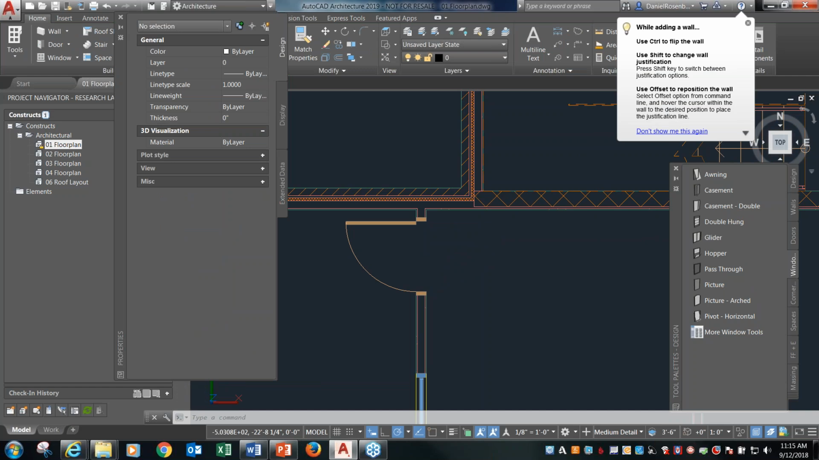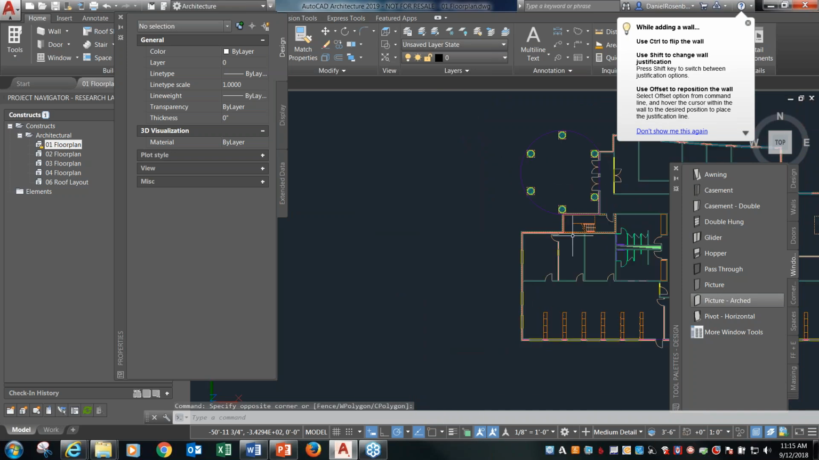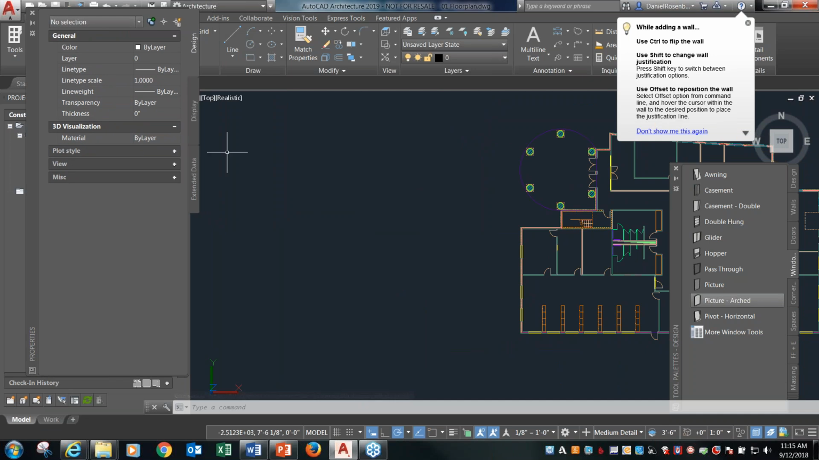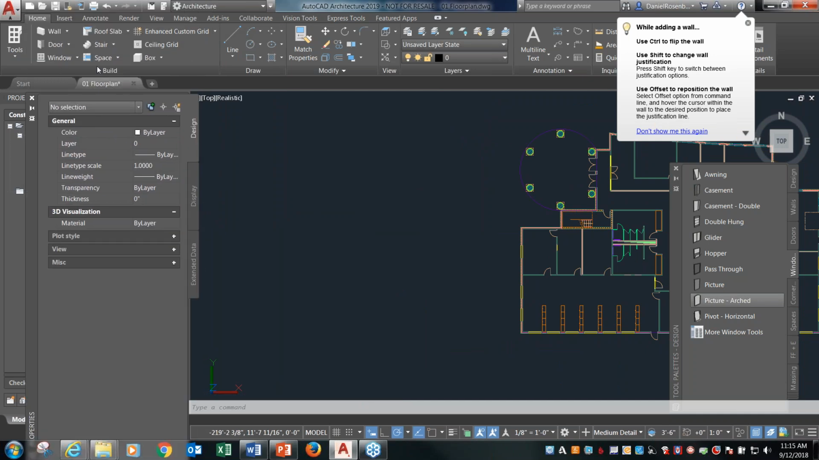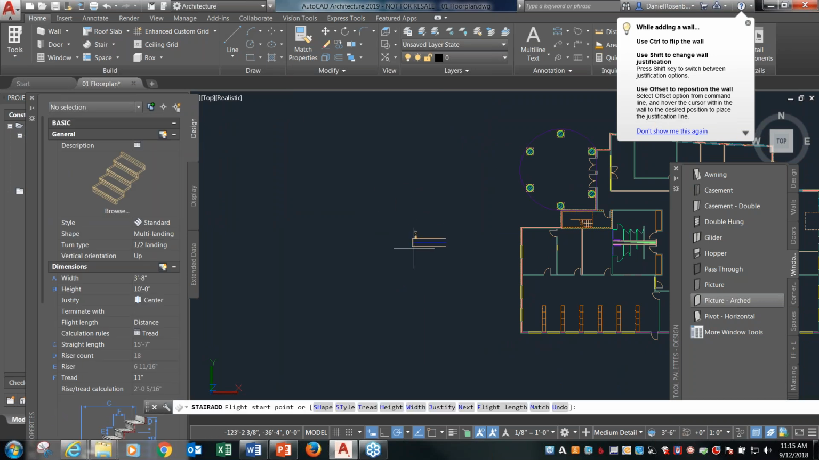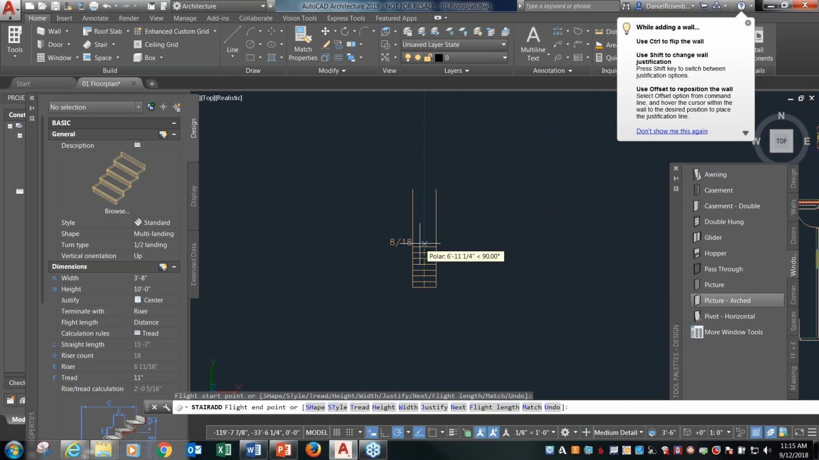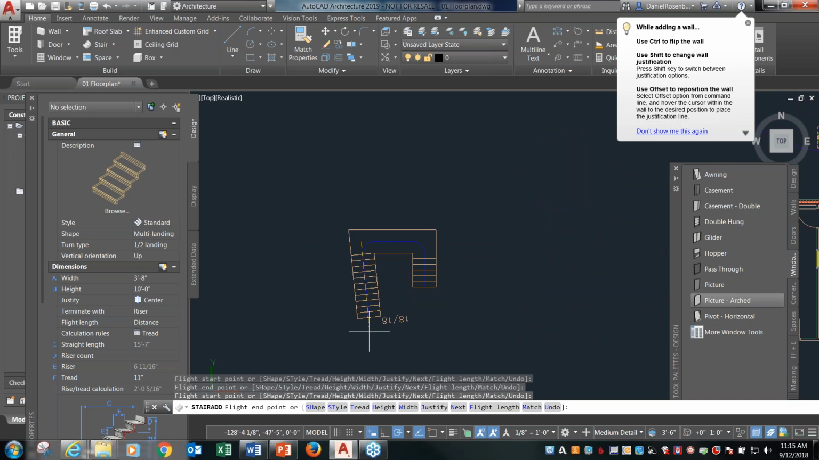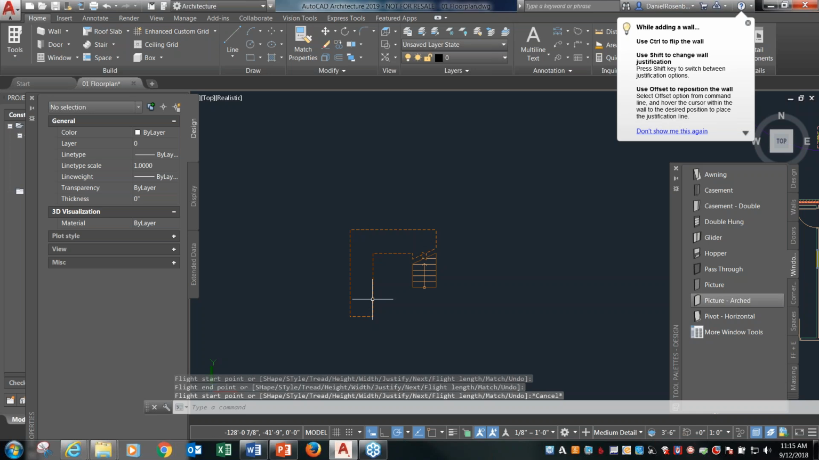Let's take a look at the stair tool. So for this, I'm just going to show this kind of off to the side here. Let's say for this, we'll use the built-in stair tool. And I'm going to do a multi-landing stair here. So I'll just draw a few risers, put in my landing, and then finish the stair out here. And you can see it draws it in